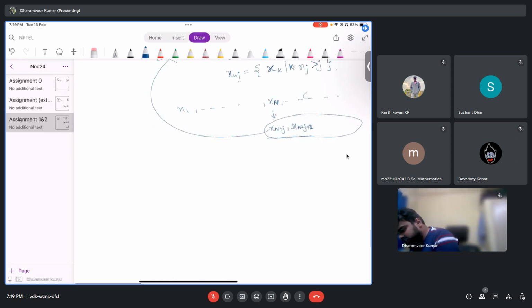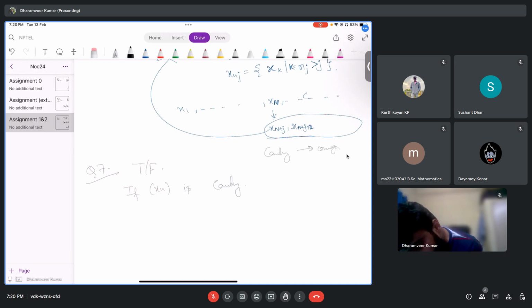Since we are on this question itself, let's do question 7. It's a true or false question. I hope you know what a Cauchy sequence is. So if xn is Cauchy, in case you don't remember, in real numbers, Cauchy implies convergence. If xn is Cauchy,